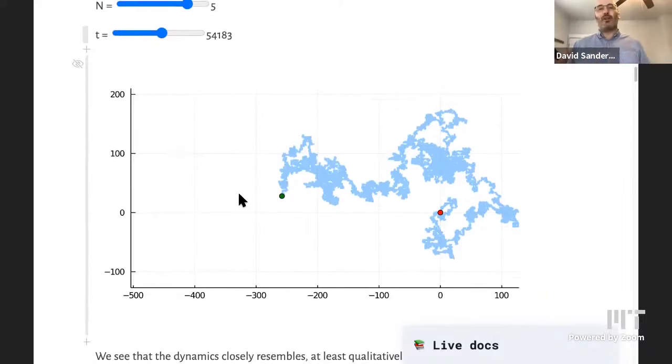So the original physical discovery by Brown in 1827 of pollen grains moving around in a microscope seemingly at random, that physical process is called Brownian motion, and then mathematicians have developed this theory of these processes where you take this limit, the limit of the size of these grid cells to 0, and you get this sort of random process that has also been named Brownian motion, or the Wiener process. Okay,